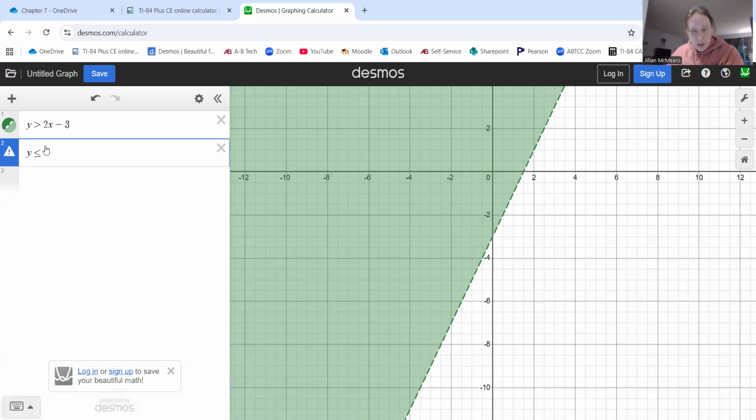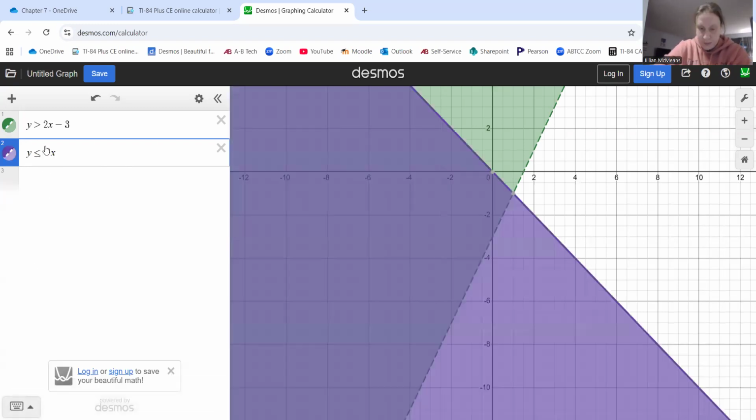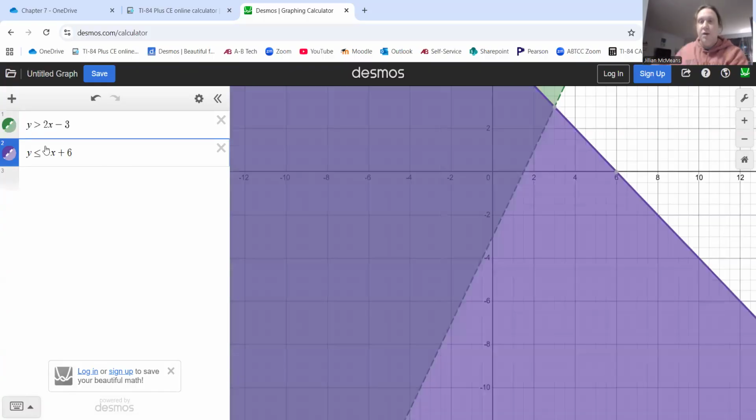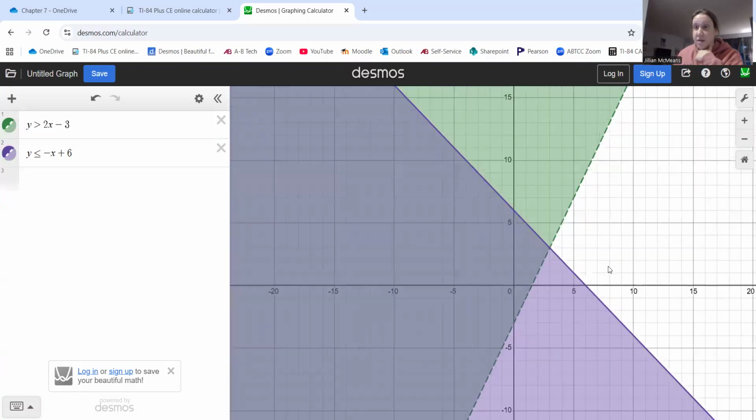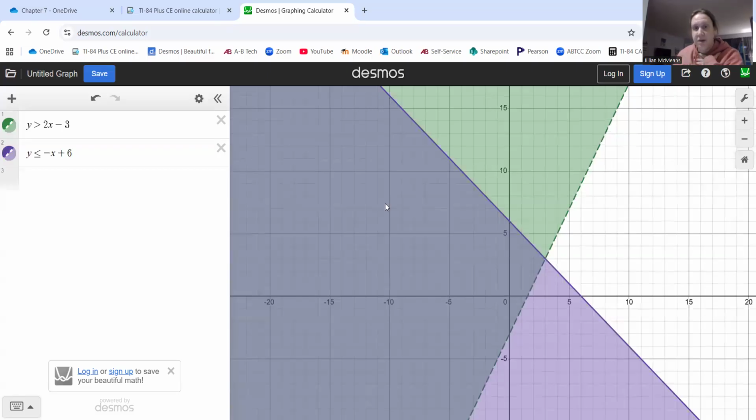And we had -x plus 6. Okay, and what we're looking for is where the shading overlaps. So it still keeps both shadings, but you can see this darkened, purplish-green area. This is where the actual solution to the inequality is. So you can see that for this second line, we had a solid line, a negative slope, we shaded below. For the first line, we had a dotted line, a positive slope, we shaded above, and you can see the